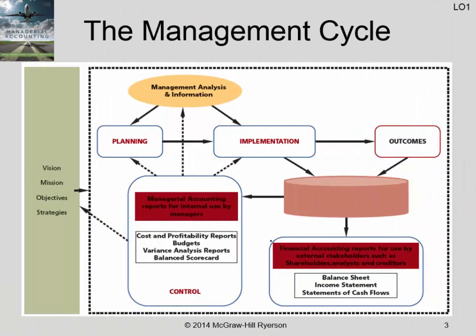So the first thing we're going to look at from chapter 1, and really we're only covering a small chunk of chapter 1, is the management cycle itself. Now, if you were to sit down and think about it, it's fairly intuitively obvious. You need to plan what it is that you're going to do. You then go and do it. And then you observe the outcomes and try to decide, did it do what you wanted it to do or not?